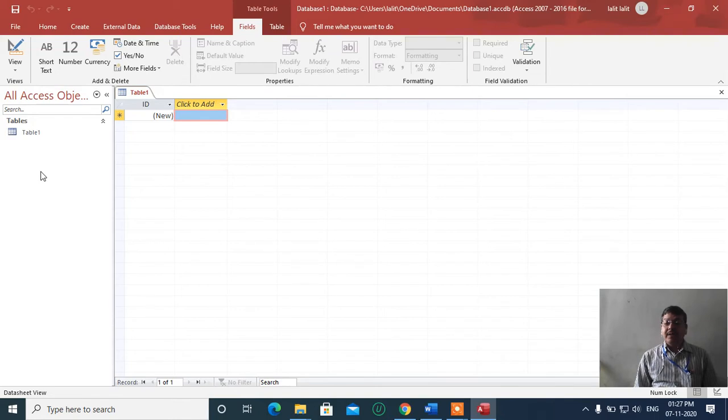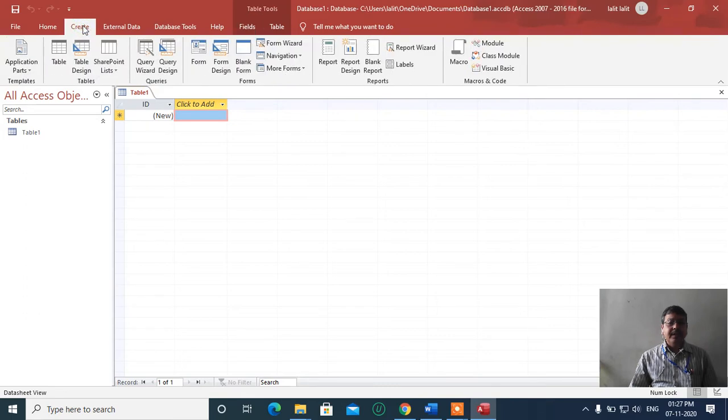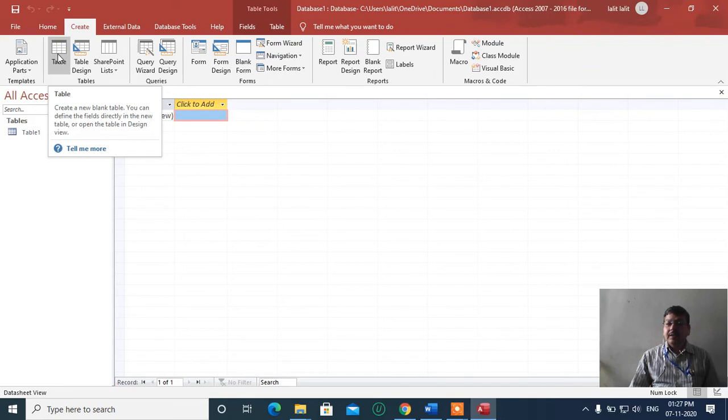So how can you create tables? There are two methods to create a table. You can simply click on the create button, and then click on the table option. This option is used to create a blank table.